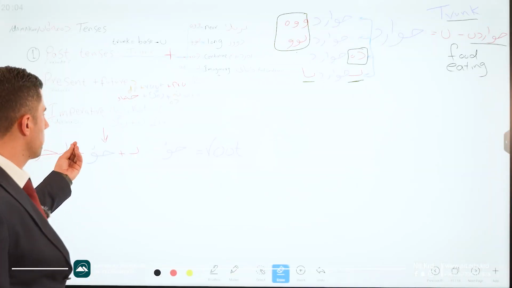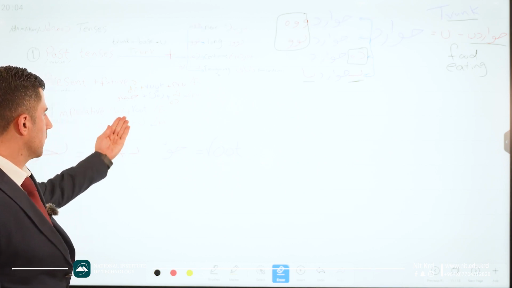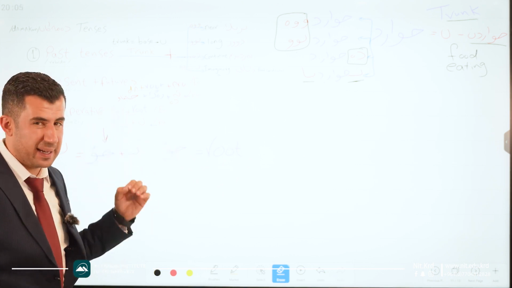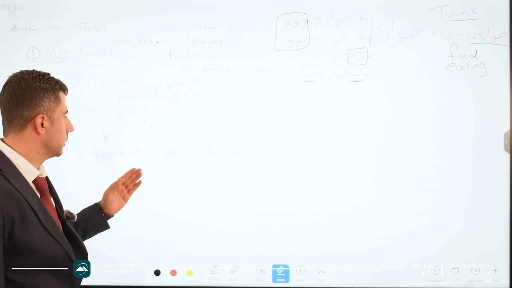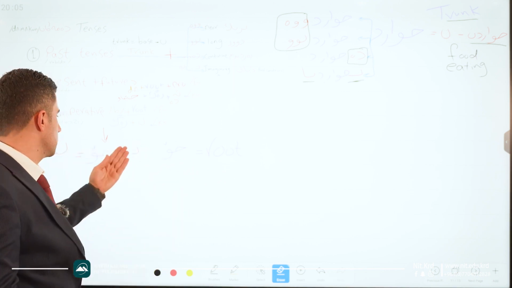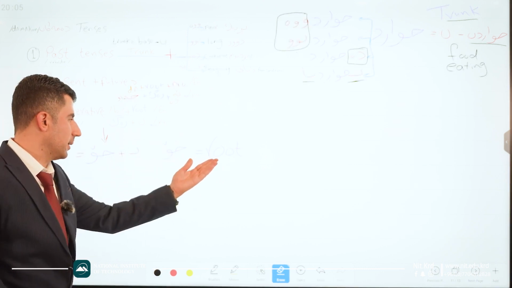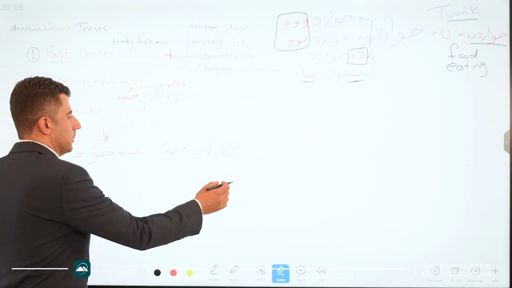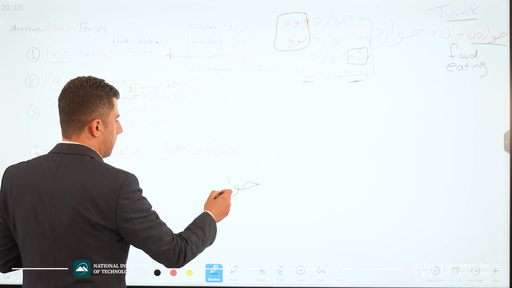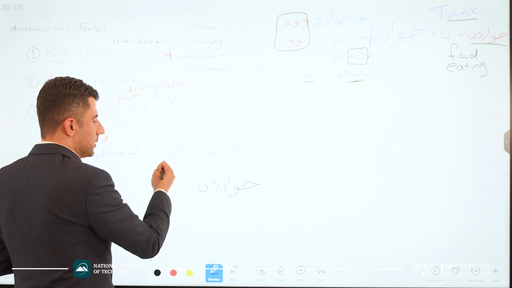For the third one, how to make the imperative tense in Kurdish language. Again, we have to bring the root and then we have to add b at the beginning of the word. And after that, if we want to change it to different people, we have to use different pronouns. Good? For example, here we have khwarden that we talked about there. Khwarden. We need to get the root of it.